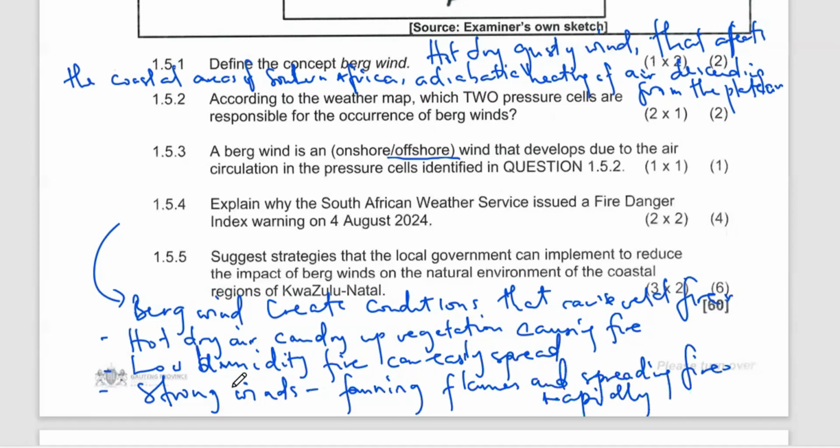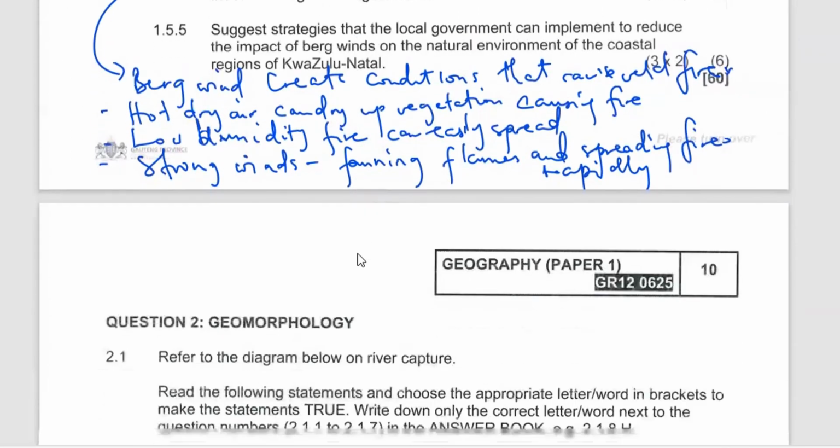Because of the frictional effect, it can easily spark fires. And because of low humidity, the air that will be blowing in a Berg wind condition will be dry winds, and those dry winds can facilitate fire to easily spread. And also because the winds are strong, they can fan the fire, and the fires can become very wild and spread rapidly. Right. Then the next question is saying,